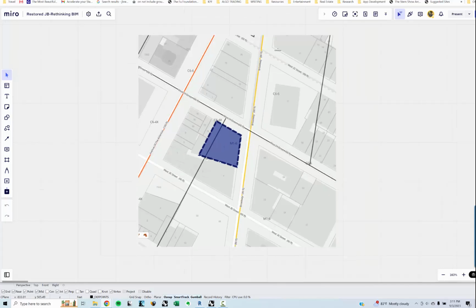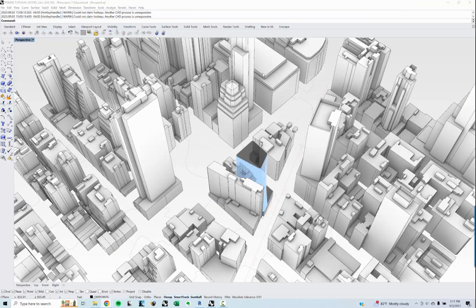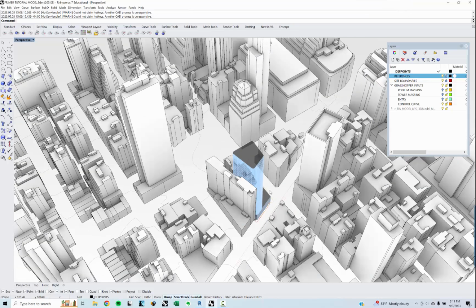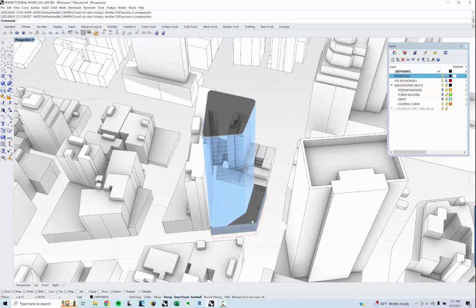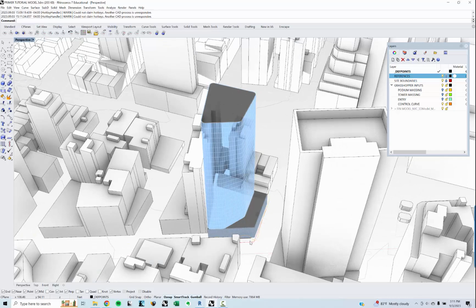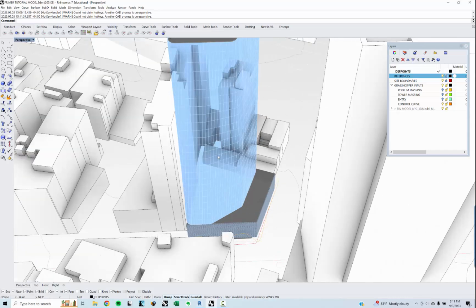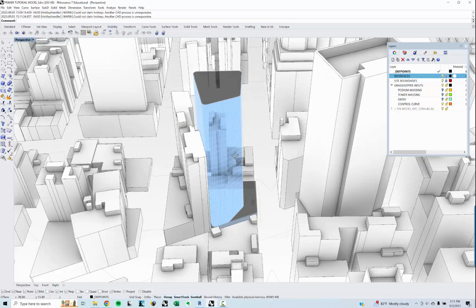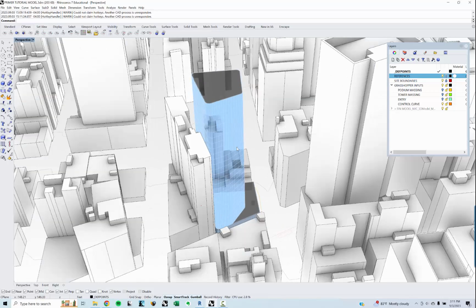I did not really do anything based on zoning. I didn't do a zoning analysis. I just kind of thought about what could this tower possibly be. I broke it down into sort of an entry facade, a podium facade, and a tower facade. We'll look at how do you create levels from that, how do you create columns, how do you create slabs,